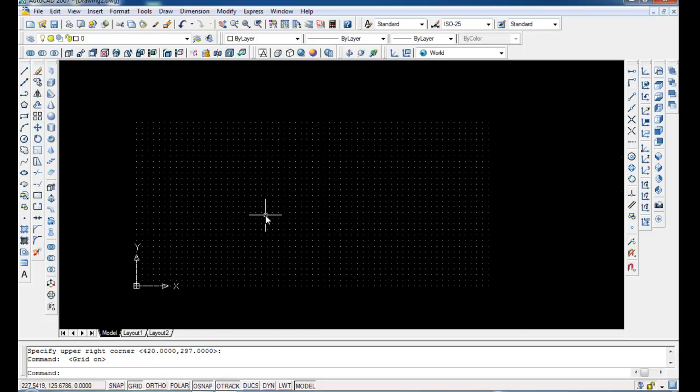Grid shows the working area. This is the 0, 0 lower left corner. This is the upper right corner. This is the limiting area. This is called the extension area. Here also you can draw. If you press the middle button twice continuously, or you can go for the view,